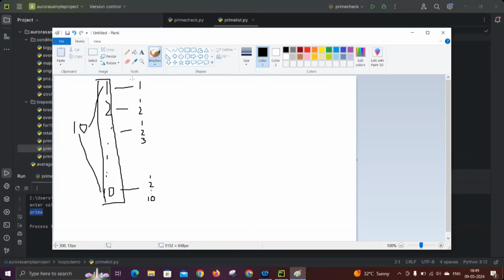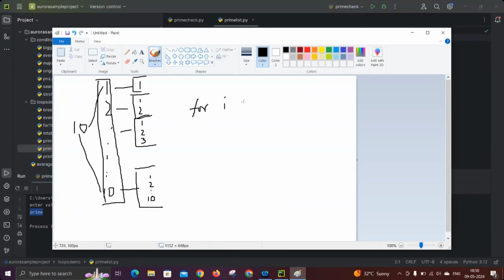And each internal loop is used to check whether the respective value is prime or not. That means here we have to run two loops, one outer loop and one inside loop. This is what we technically call nested loops. So here, if you see 1 to 10, if you want to get that, now we are writing like for